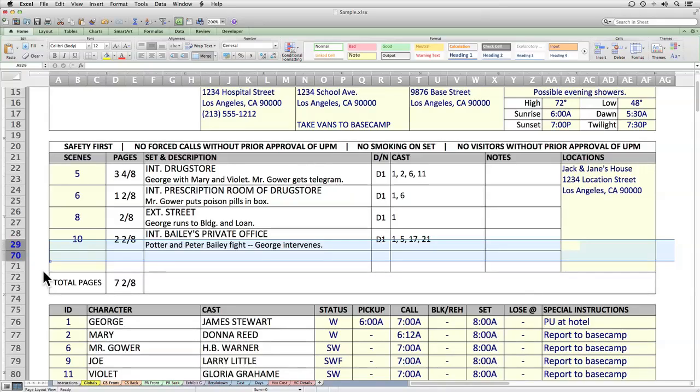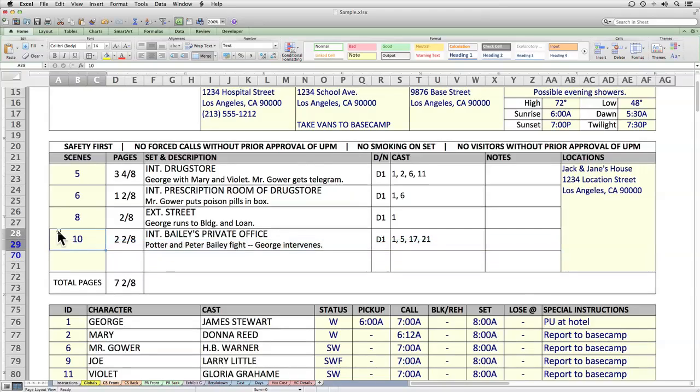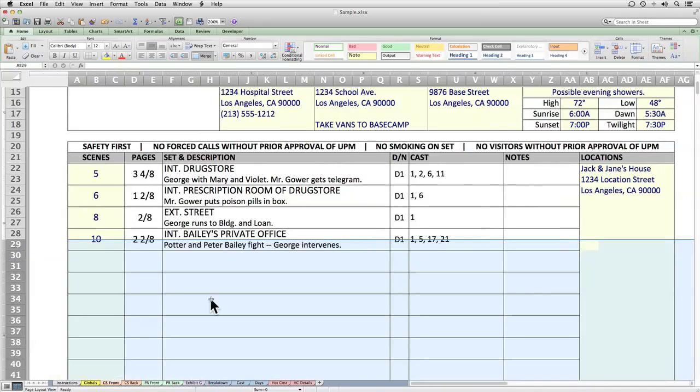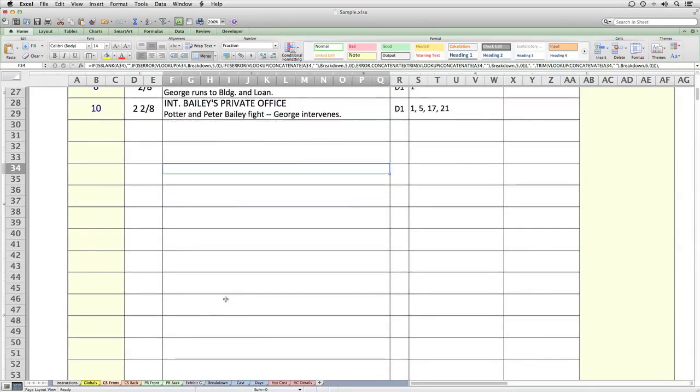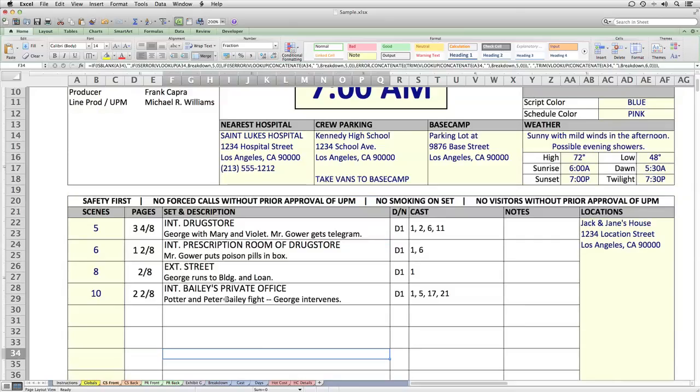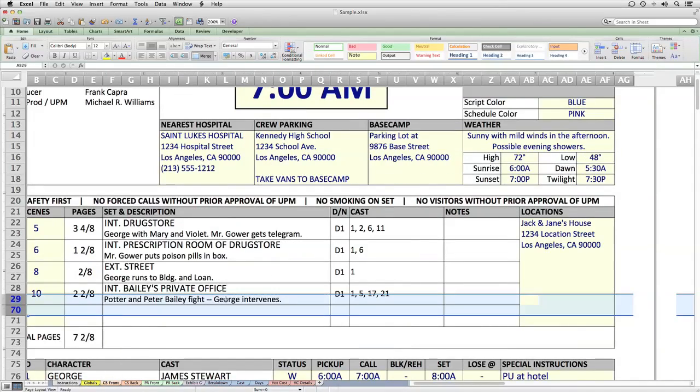You can tell when you're running the Mac version of Excel that there's hidden data between, in this case, rows 29 and 70 because they are blue. You just right click on it and you will click unhide. And you can see all of a sudden that there is plenty more space to type all of your different scene numbers that had previously been hidden. I'm going to go ahead and undo just by doing a Command Z to reset that back down to its